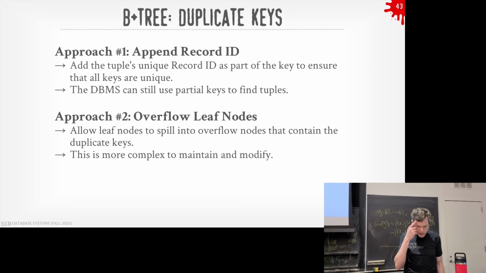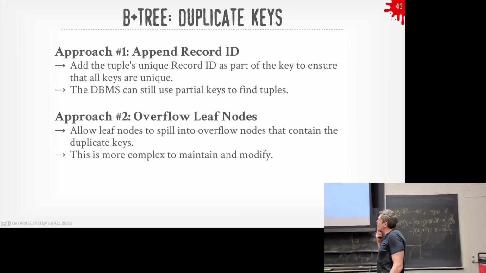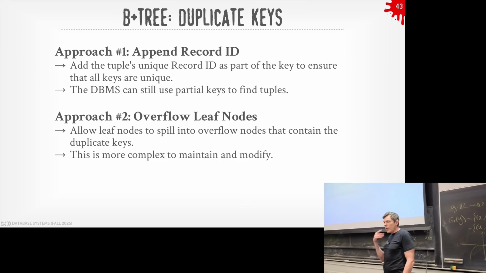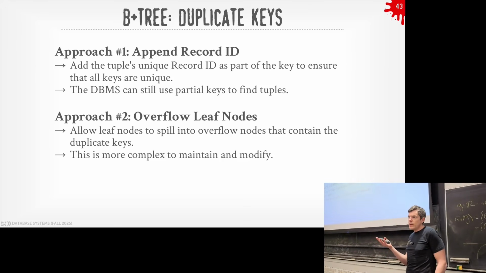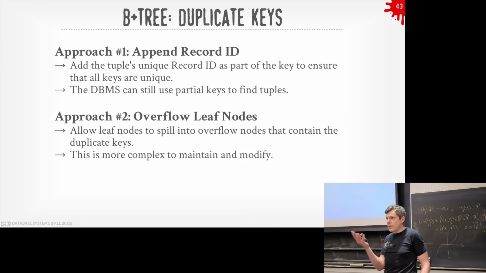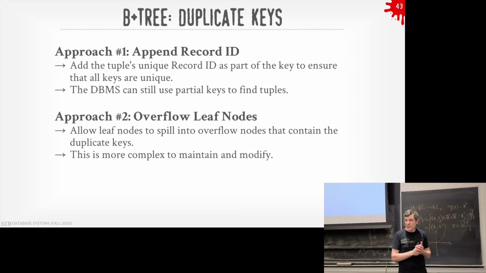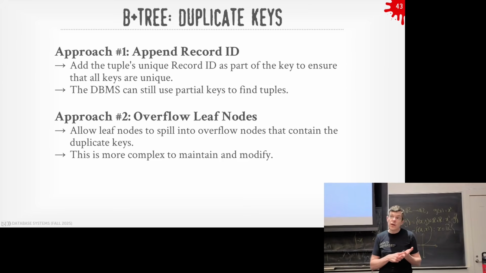All right, duplicate keys. We've talked about primary key indexes. Primary key indexes have to be guaranteed unique. You can also have secondary indexes, where again, you can define that the secondary index has to be unique on the keys. In actuality, though, a lot of systems still will have duplicate keys, because you may do multi-versioning. We'll cover that later, but I may have multiple versions of a tuple that are all going to have the same primary key, and I've got to put this in the index in order to find them.